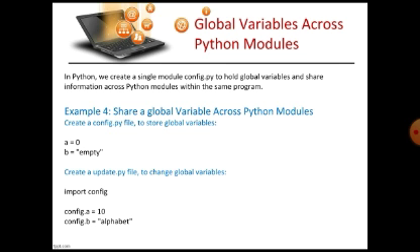So creation was done in this config.py file. Now again we can create another file, another Python module file for updation. So this file is known as the update.py file. Since this config is a Python module and we are creating the global variables in this config module, before updating these values, the same rule applies here also. We have seen that once we have created one variable, if you want to update that, then we have to refer to that variable first.